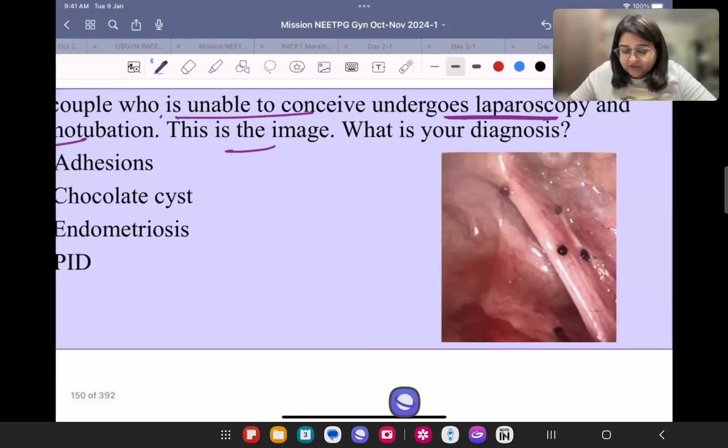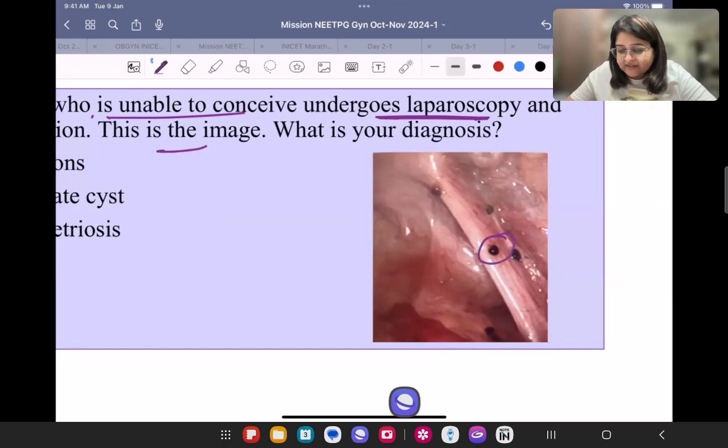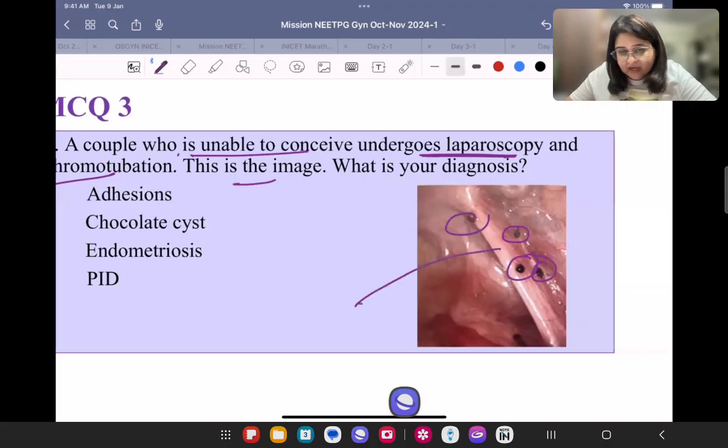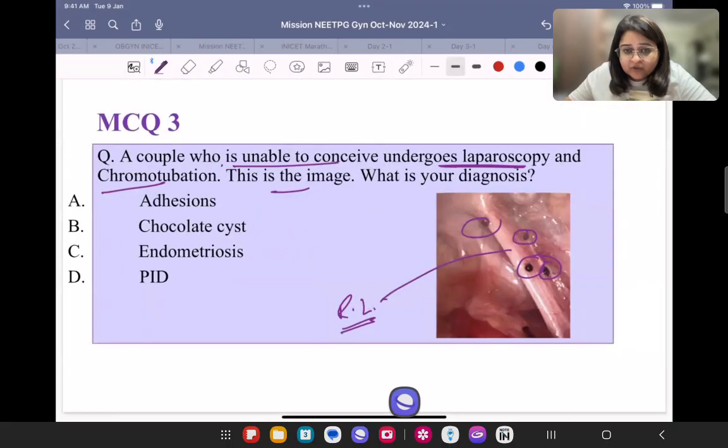So what are you seeing here? You're seeing these black lesions, these are called powder burn lesions. I don't know which part of the abdomen this is, but basically you won't understand, but this is the round ligament. On the round ligament you see these blackish or powder burn lesions, which are typically seen